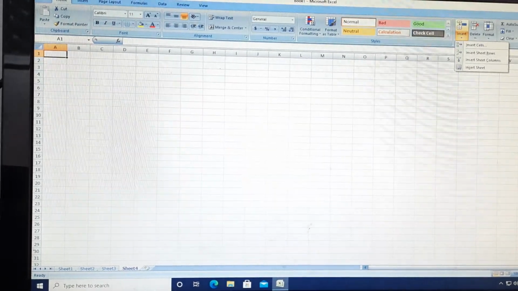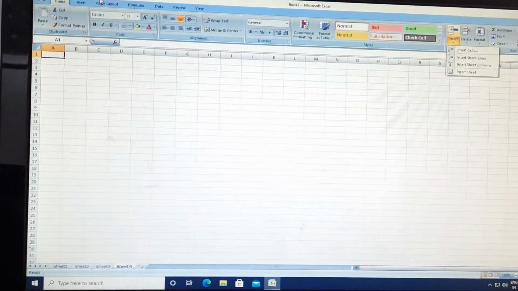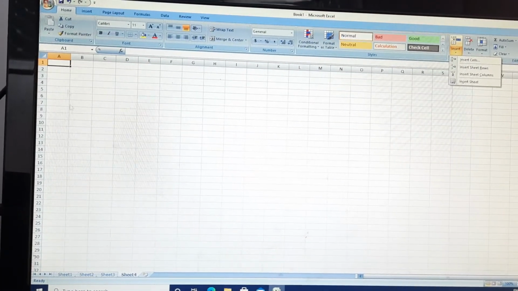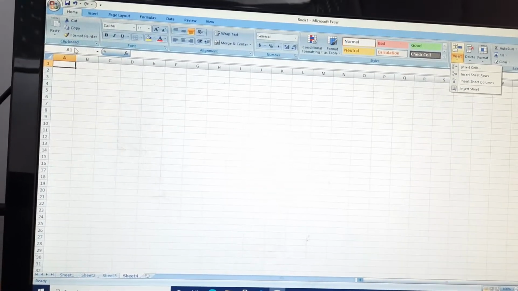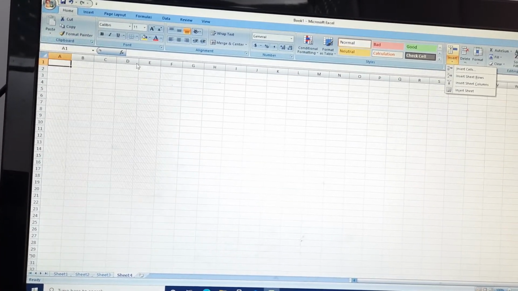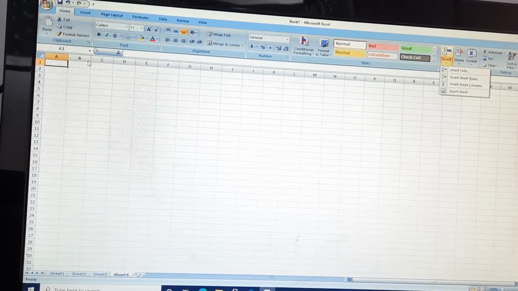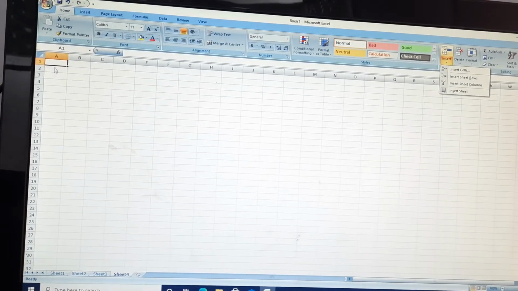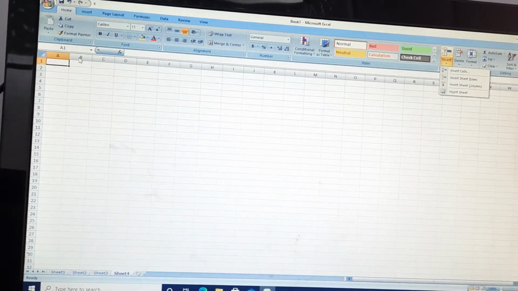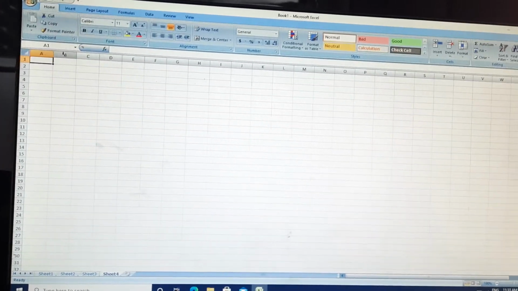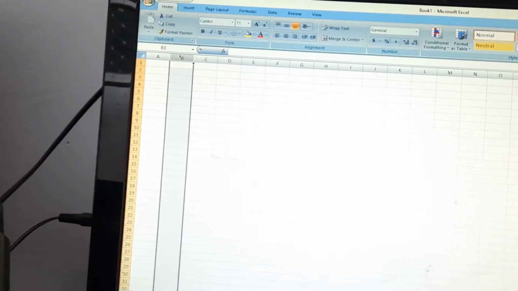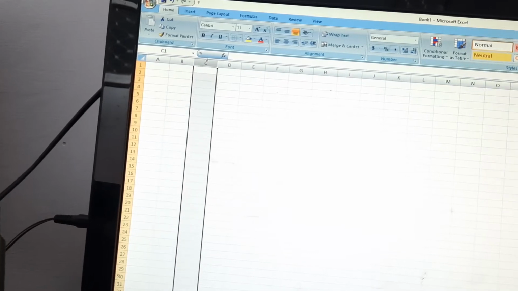Clear? Now, how to select a row and select a column? You go to the particular column, like I want to select B. Just click on this, a small arrow appears. As you click this, the whole column is selected. First of all, you have to select that column.